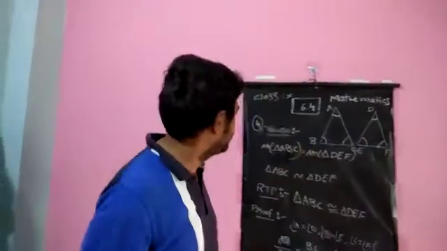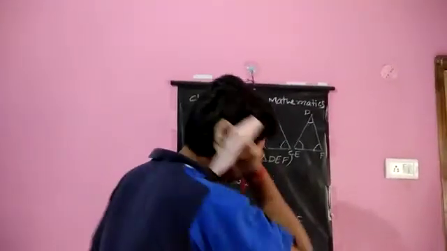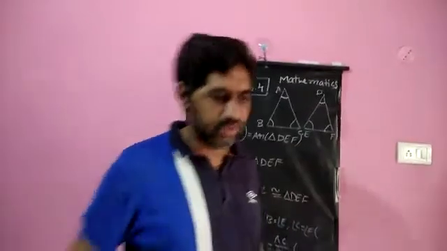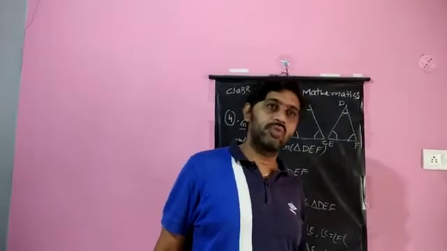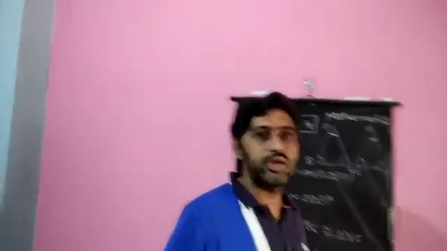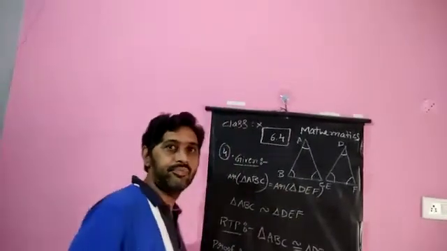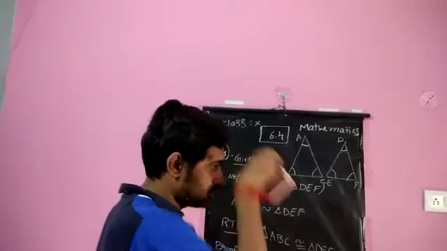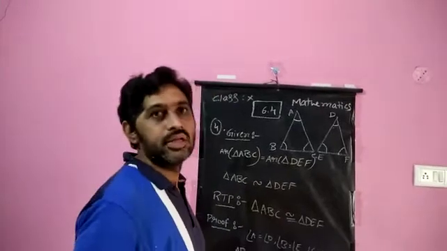And I need to prove that the triangles are congruent. For congruency, you learned the congruency concept in 9th class. The triangles which are congruent have to follow the congruency criteria. Like the similarity criteria, congruency criteria also include side-angle-side and angle-side-angle. These are congruency rules. If one of the congruency rules is satisfied for these two triangles, then we can say that the two triangles are congruent.